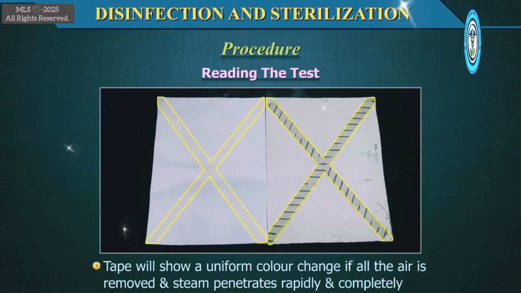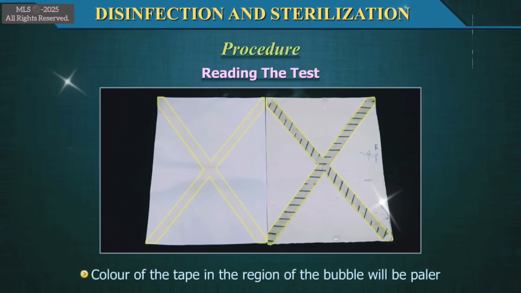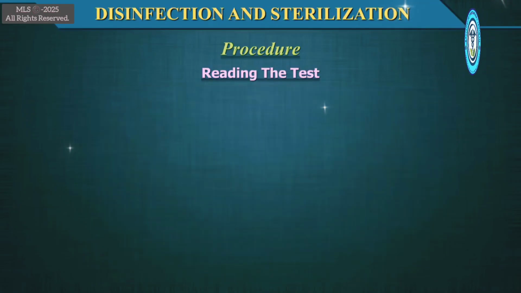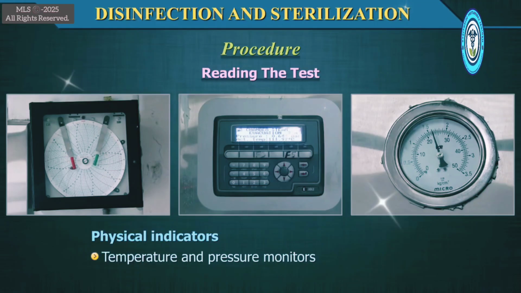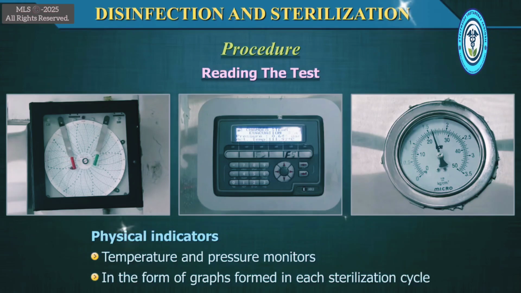The tape will show a uniform color change if all the air is removed and steam penetrates rapidly and completely. If all the air is not removed, then air will collect in the form of a bubble. The color of the tape in the region of the bubble will be paler than elsewhere because of the low temperature and reduced moisture level. Chemical indicators are also commercially available. Physical indicators to check the sterilization process are temperature and pressure monitors. They can be in the form of graphs formed in each sterilization